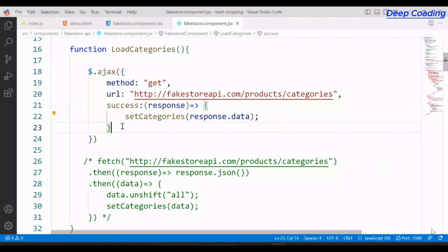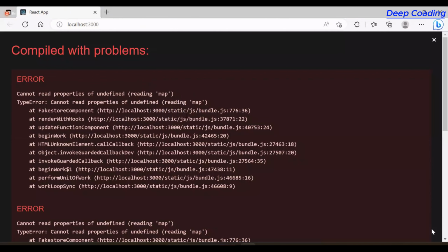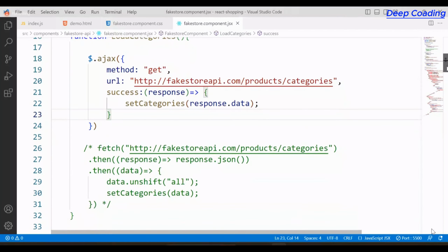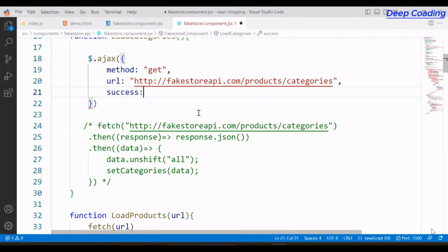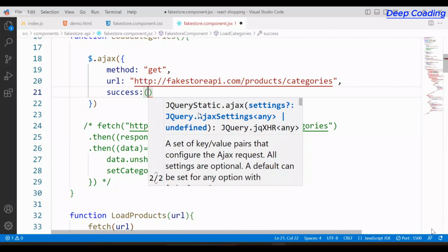Now let's run this and see here. So some problem is there. Where is the problem? Set categories, on success. That means the data is not coming. Let's check. Success uses a callback function. This callback function will set